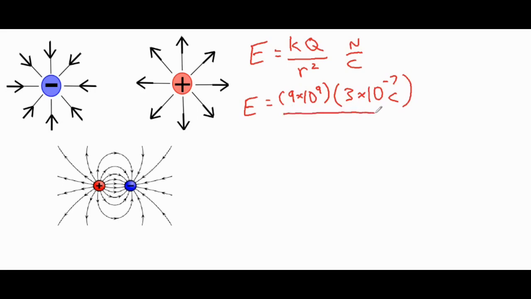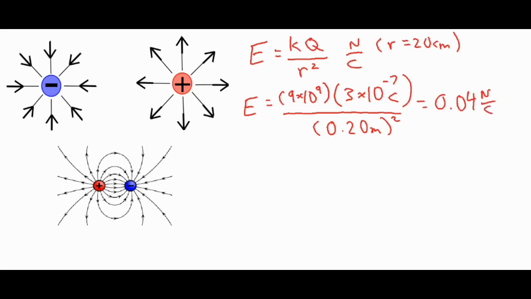And then let's go ahead and say we maybe have a separation distance of 20 centimeters. So remember, our standard unit for distance is in meters. So let's go ahead and call that 0.20 meters, and that value is going to be squared. So once you plug that all in, you would get an electric field of 0.04